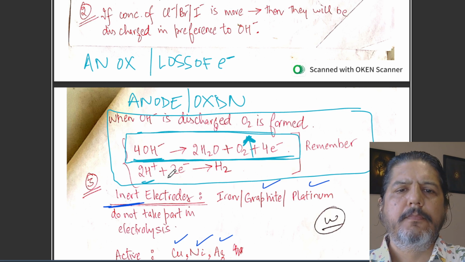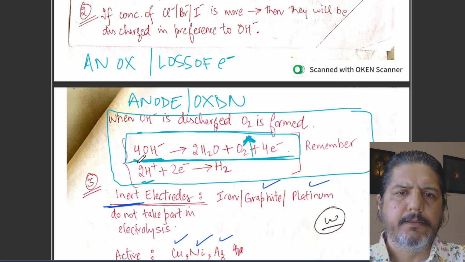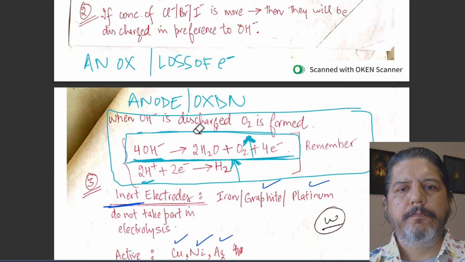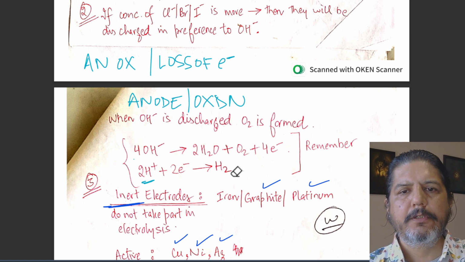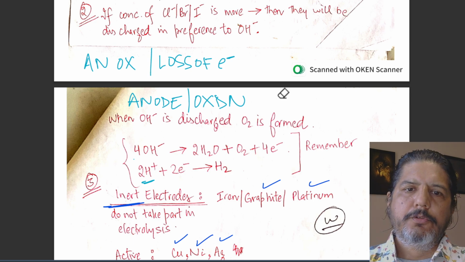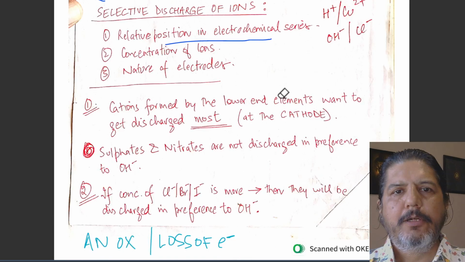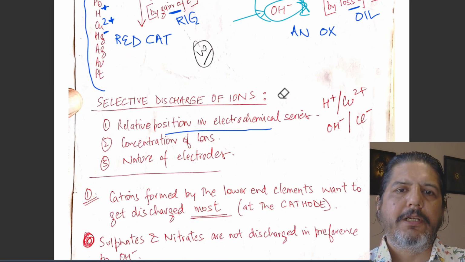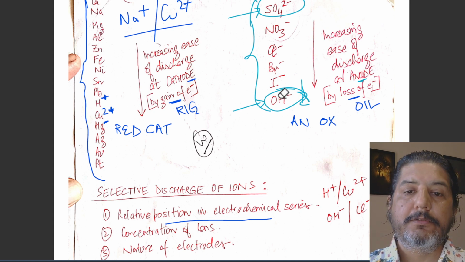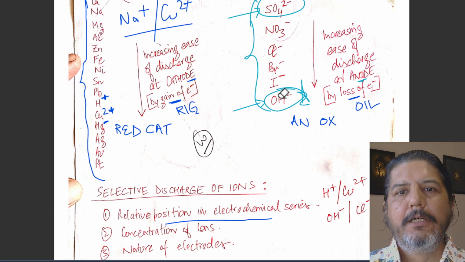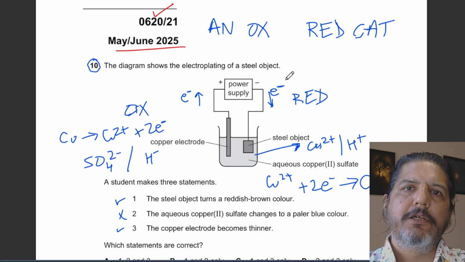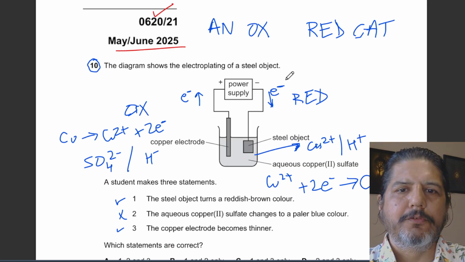And if you see hydrogen getting discharged, then hydrogen would be formed. So the brief is that there are a few things in electrolysis that you need to remember before you start attempting the question. When you are doing electrolysis, it is the principle of selective discharge of ions. After this brief, I'll start with the questions one by one. We'll be going through the questions, and